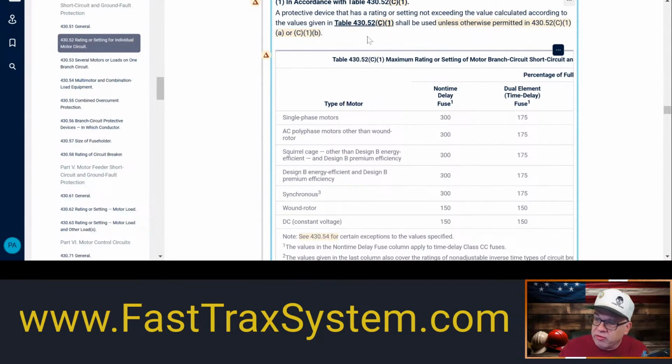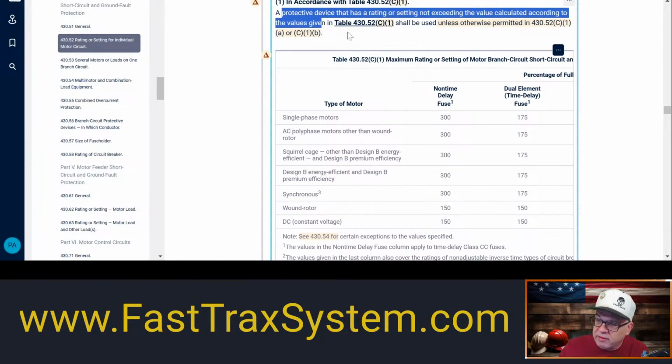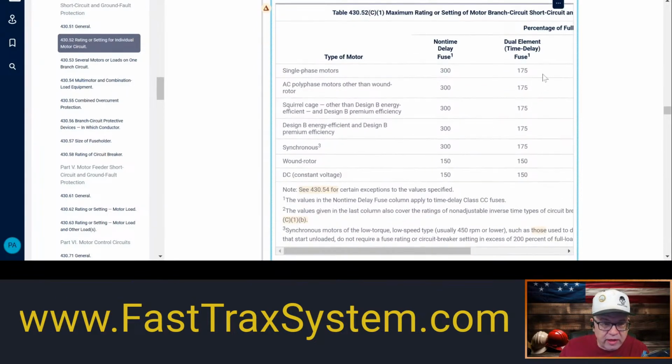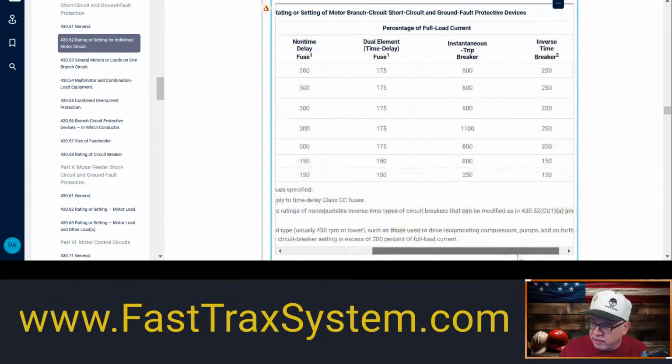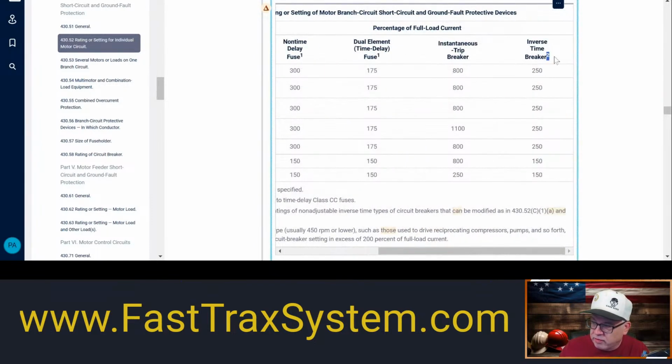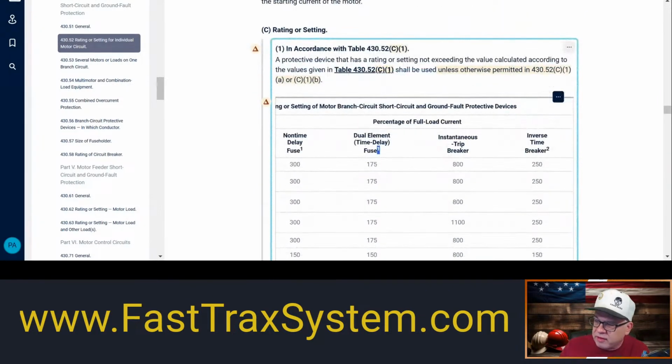And also, you notice that it says the protective device rating shall not exceed the value calculated according to the values given in table 430.52C1. That's this table, which is, again, you don't exceed the 250%, right? Okay. But always remember these little notes. I'm just kind of pointing those out now because you do have notes that are applicable, right? But what's really important to us is you see all this grayed out language. It's been added to make it very clear in the 2023. It also goes, unless otherwise permitted in